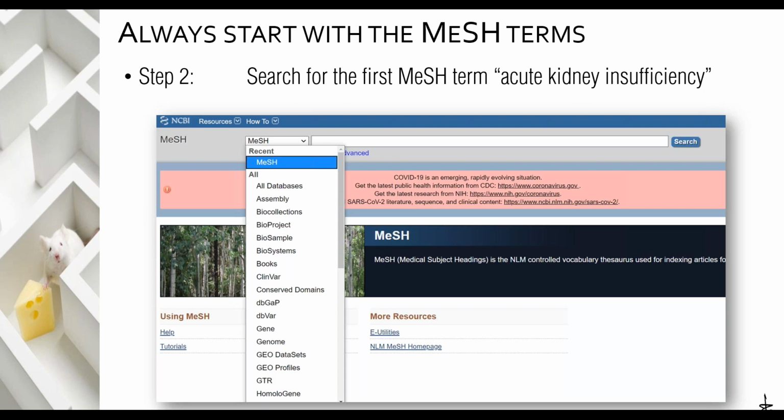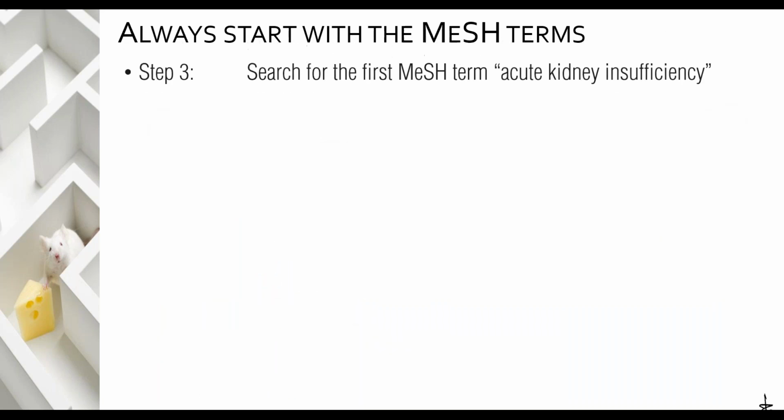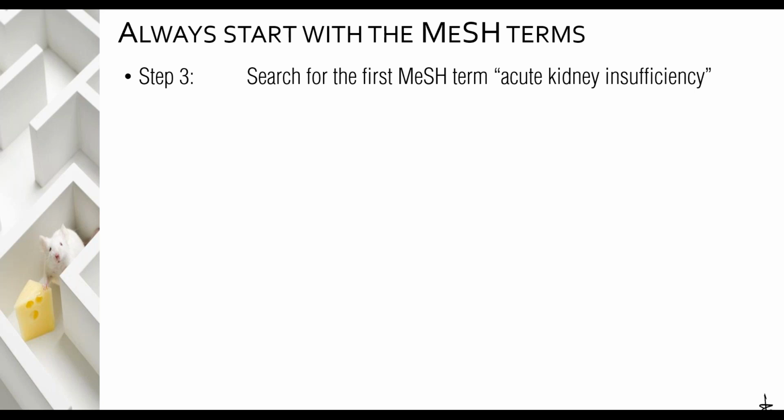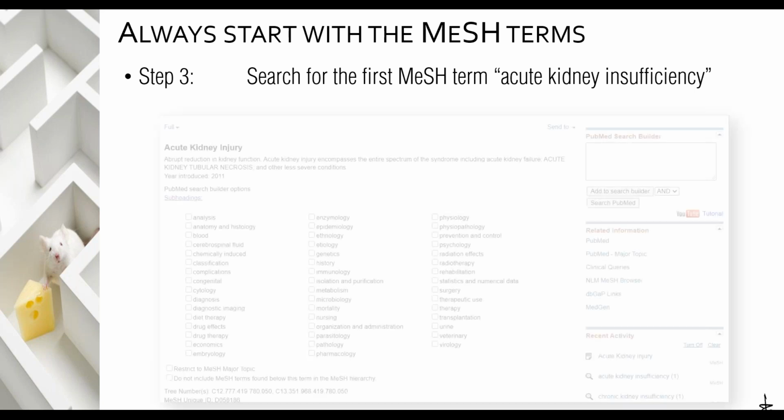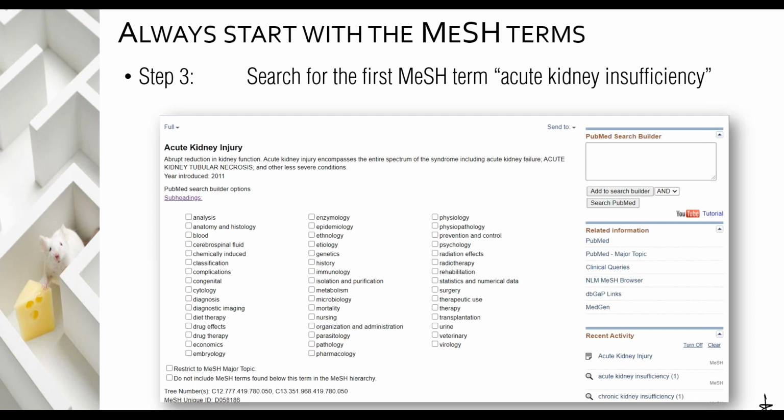searching field, you will have a pull-down menu that contains all the different databases. And you can see there are databases for books, for genome, for journals, for clinical varieties, all kinds of stuff. You can search through all of them, and you can search through different specialized ones. But for now, we're going to be looking through the mesh. So what are our mesh terms? In this search bar, I'm going to put our first mesh term, which is basically acute kidney insufficiency. And when I do that,